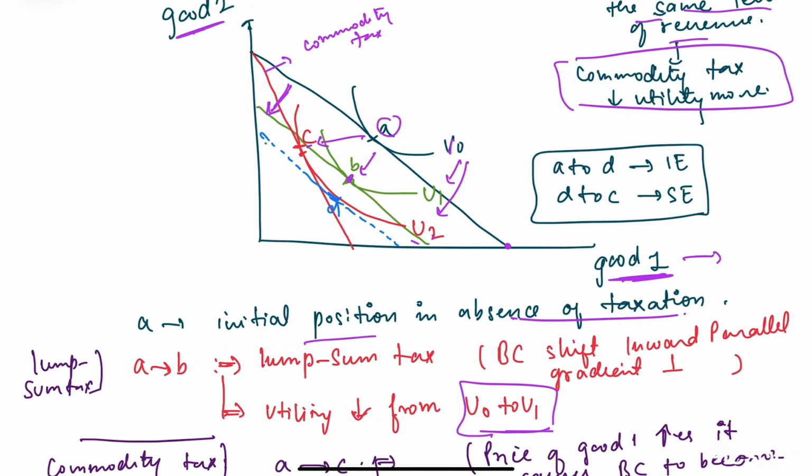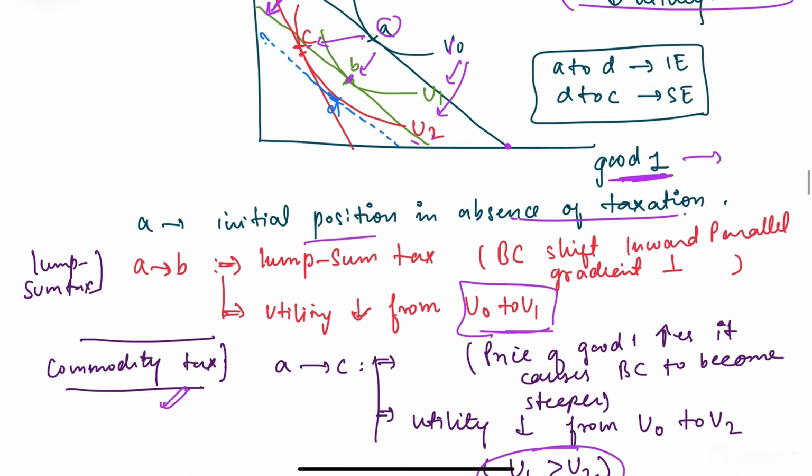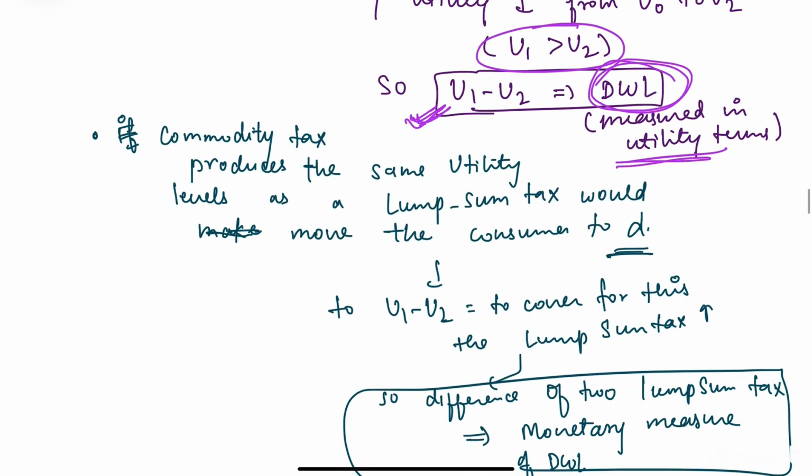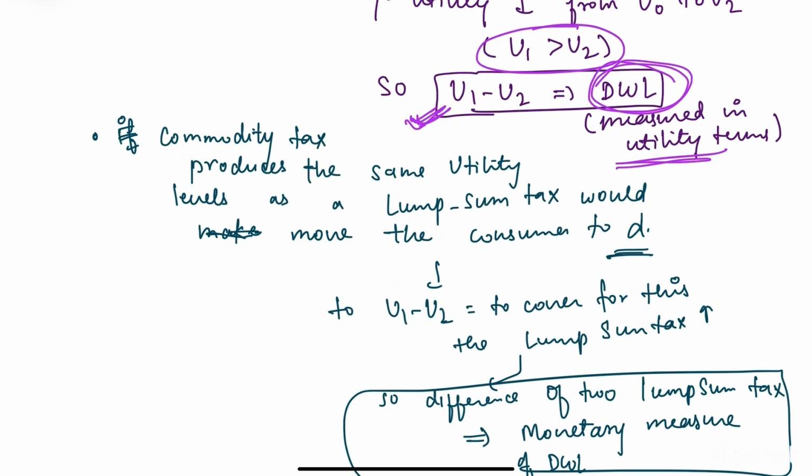So we are saying कि जो difference है ना utilities में, lump sum tax में and commodity taxes के उसमें equilibrium पे, that is a deadweight loss. और उसको हम measure कैसे कर रहे हैं? In terms of utility. लेकिन utility भी थोड़ा like we want some monetary measures, monetary value में हम कितना बोल सकते हैं कि deadweight loss है. So उसके लिए what we will do, we will consider कि